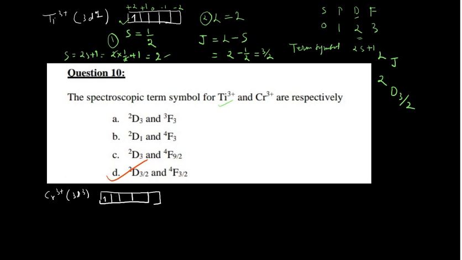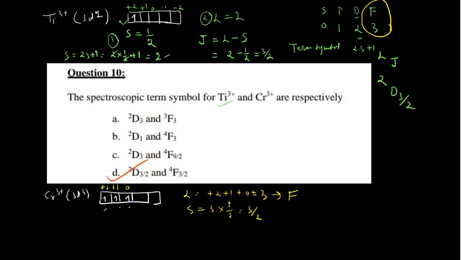this is 1, this is 2, this is 3, and I already told you this is +2, this is +1, and this is 0. Okay, so the L value in that case you can see here: +2 +1 +0, that will give you 3. So whenever this L value is 3, it belongs to F. You can see here this is F. Okay, so F is given here, and your spin you can see it is 3/2, because 3 unpaired electrons are there, 1 2 3, and they are having 1/2 each, so basically it's 3/2.